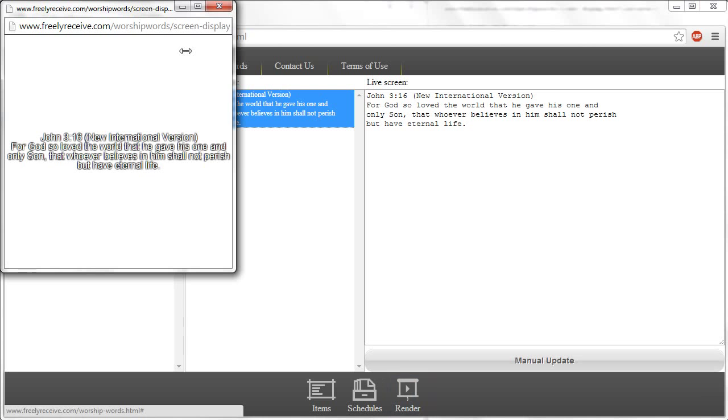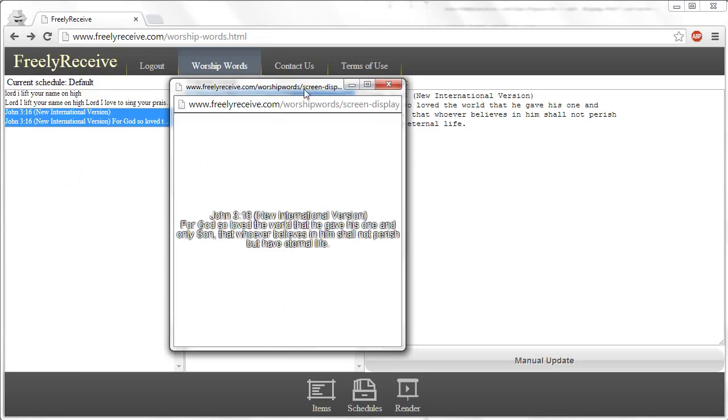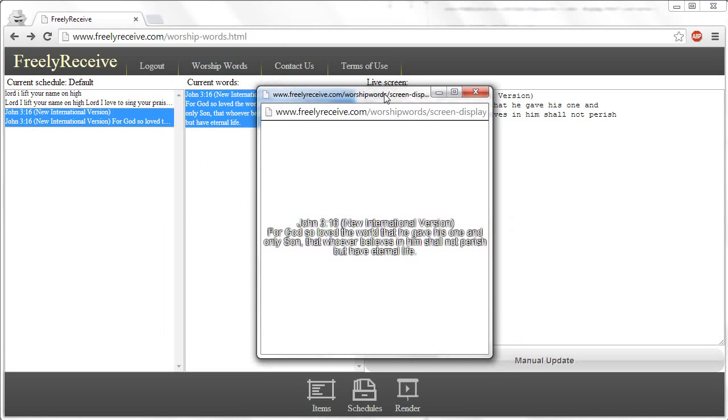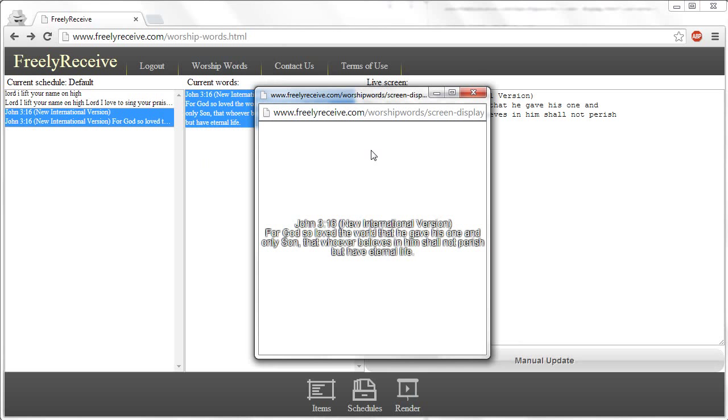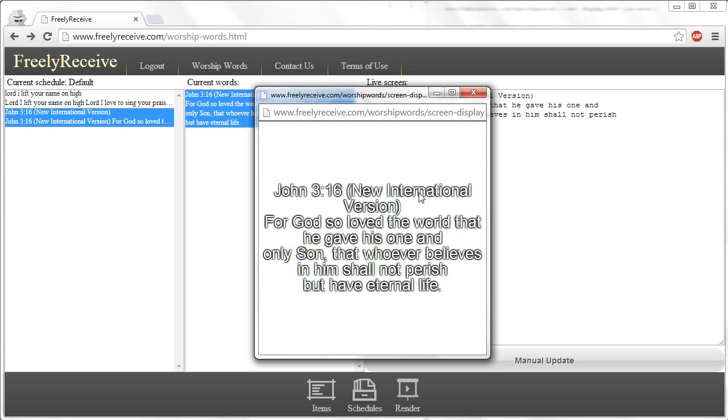render window. Now this window, what you want to do is drag it over onto your projector display, or bring up this window on the projector display. Just drag it across, usually to a second desktop or something, whatever it is that you've got going, and then you press F11 on your keyboard, and that will make it full screen. It's a little cut off because I've cropped it for this video, but that's how you get that render window